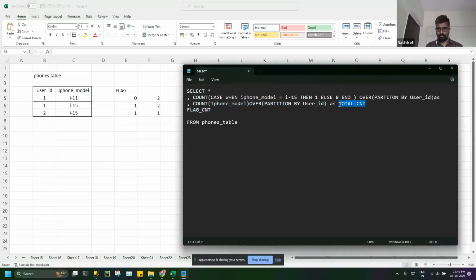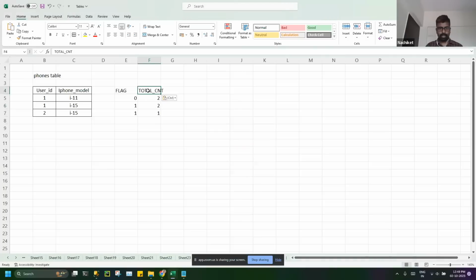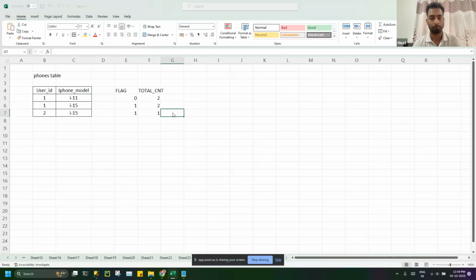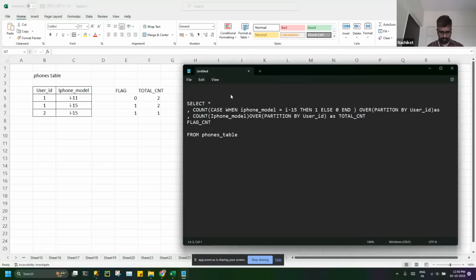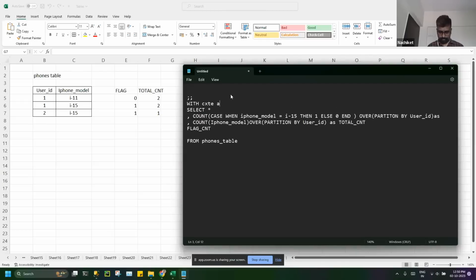Let me just paste it for the user understanding. Now from this, I can further derive that user number two is the first one who has bought iPhone 15. So no other flag will be allowed over there. And he has a total count which is also equal to one. So in this case, if I take this into a CTE, like with CTE as,